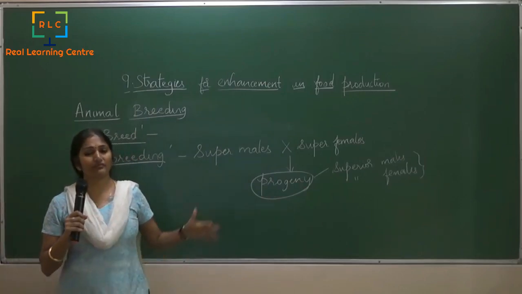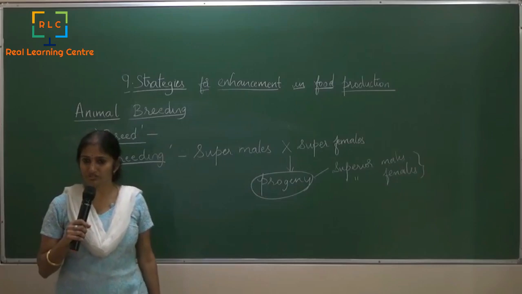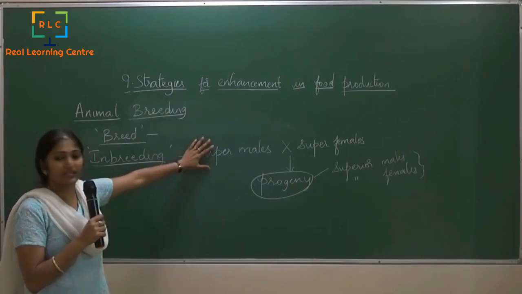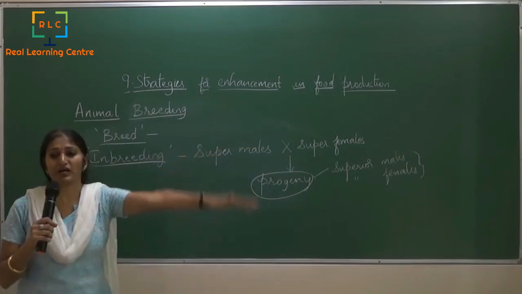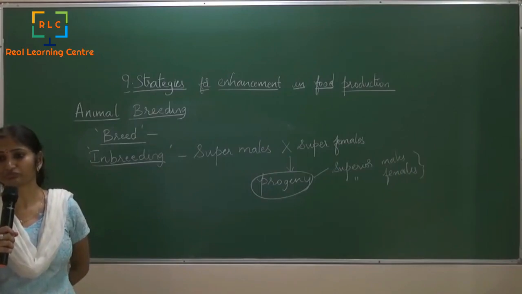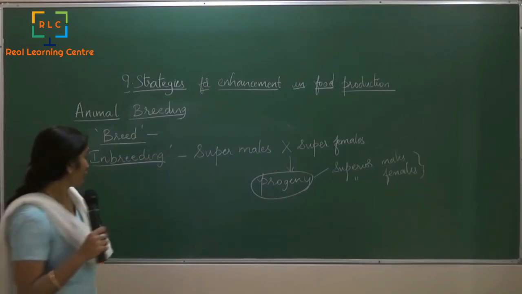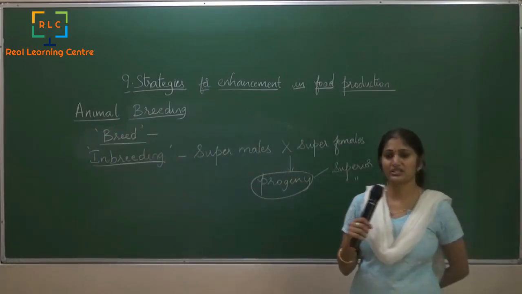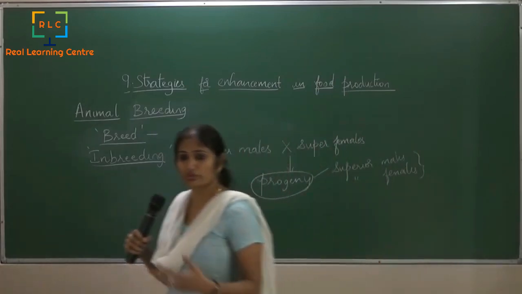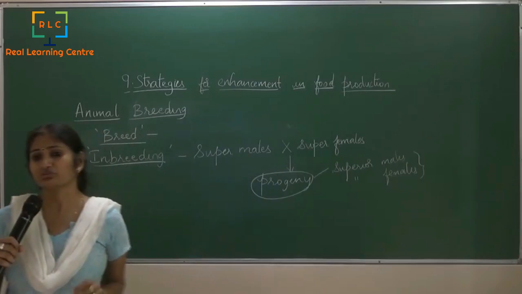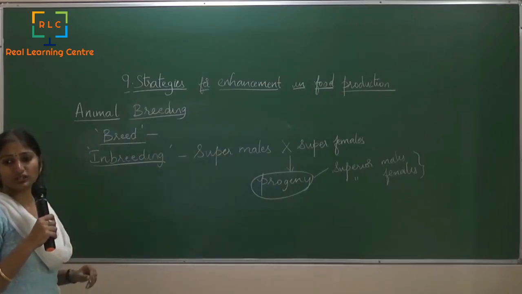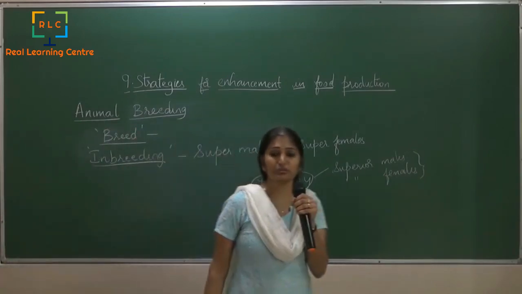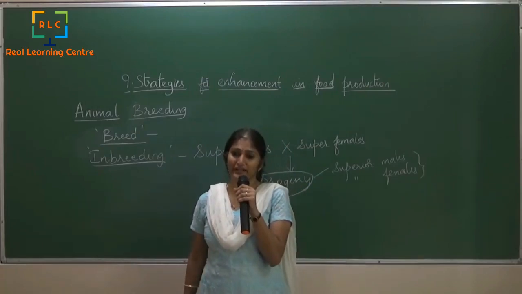And then we do that for around 3 to 4 generations, or 5 generations, and we are going to see that one particular trait which was there in the superior male and the female is passed on to the younger generation. Right. Now this kind of technique is what we call inbreeding. Generally inbreeding is done in case of cows or buffaloes. That is mainly because we are going to select only those breeds, we cannot call strains, only those breeds which have the ability to produce more milk per lactation.